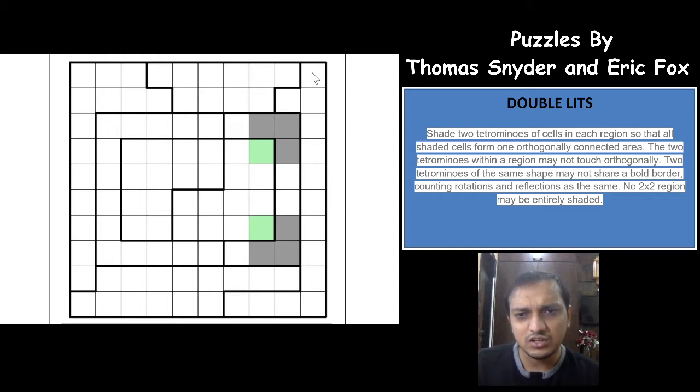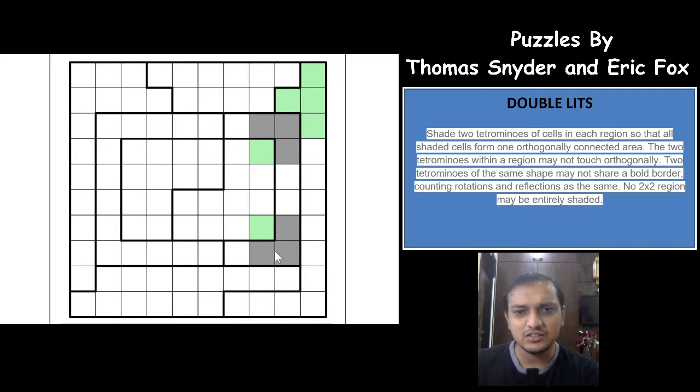So as I can see here, you cannot start a tetromino in this region from this cell, because you'll have a 2 by 2 group of shaded cells anyhow, neither this cell nor this cell nor this cell, right? That's nice. Let's see. Okay, so which means that now how many cells are remaining in this? Same again, 10 cells. What an excellent start to the logic.